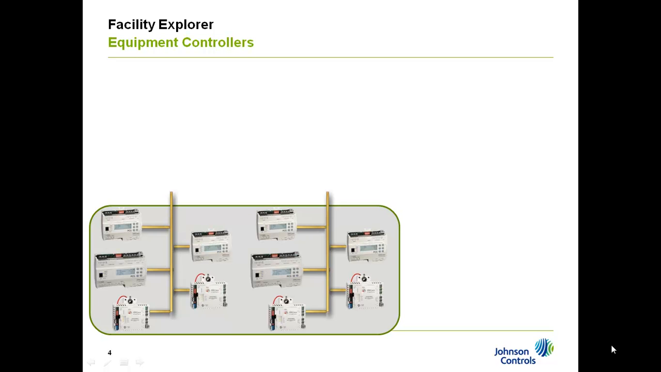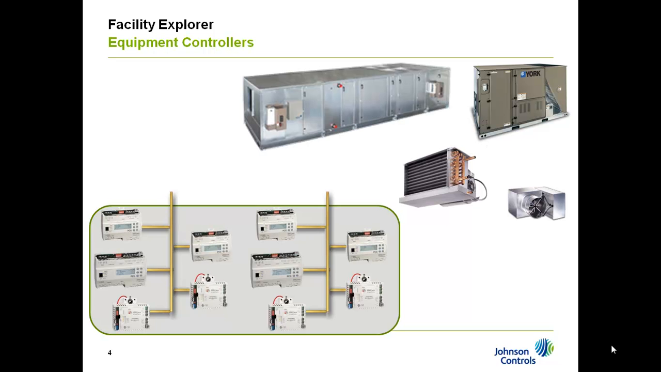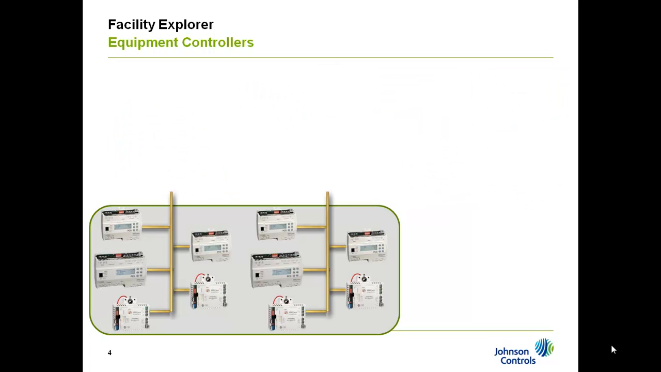The types of equipment they control include terminal units like VAV boxes and fan coils, packaged equipment like rooftop units and heat pumps, air handling units, chillers, boilers, and even entire central plants. The equipment controllers are usually mounted inside or very near to the equipment they control, so they are physically distributed throughout the building and must be networked together with field buses to exchange information with each other and with the